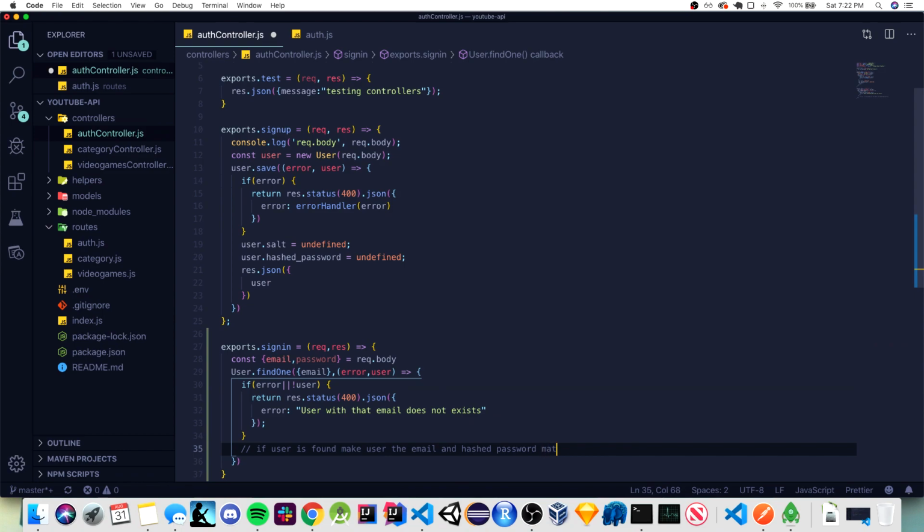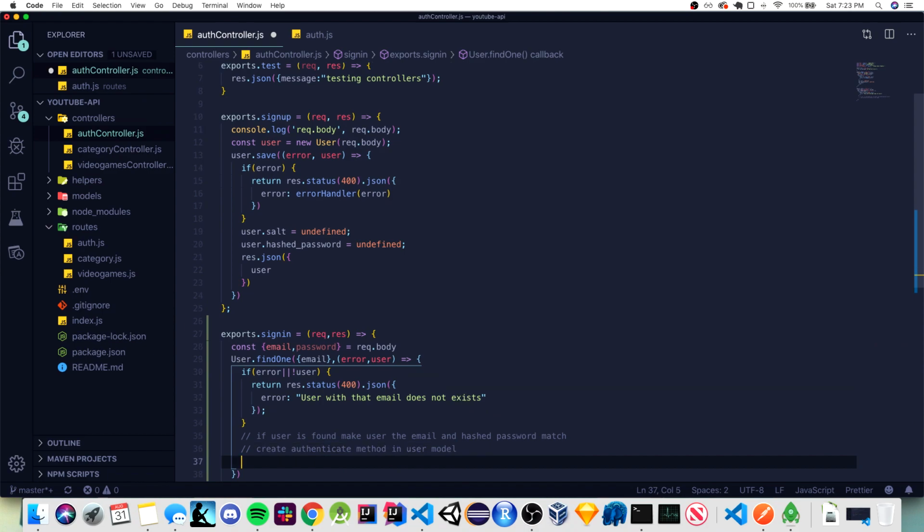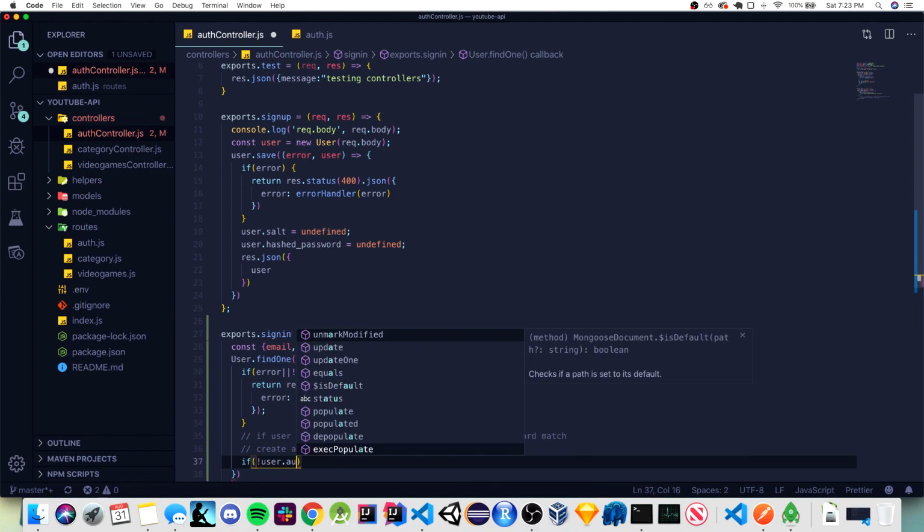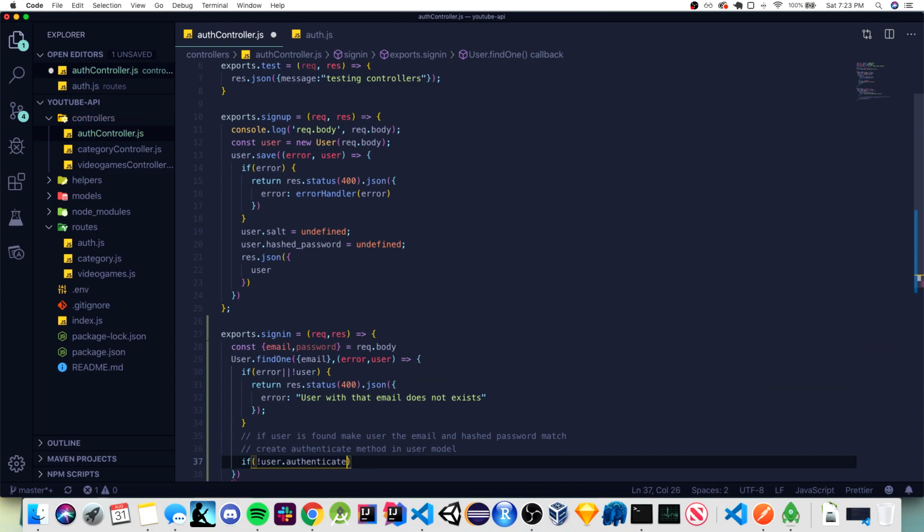Hash password match. Create authenticate method in user model method. There you go. So if user.authenticate password,